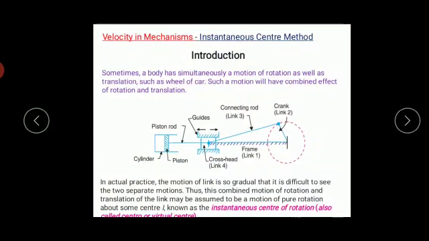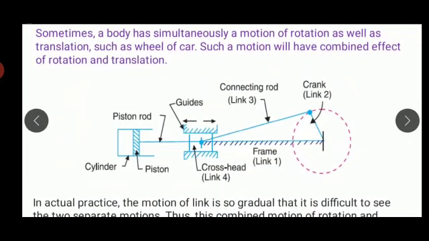So let us go through the instantaneous center method. On the screen we have a single slider crank mechanism, wherein we have a fixed frame, that is link 1, then link 2 the crank, link 3 the connecting rod, and link 4 the piston and cylinder arrangement. If we give motion to the crank, and this motion is rotation, it makes the connecting rod, which is connected to the piston, move, and the piston is going to translate, or reciprocate, in a cylinder.